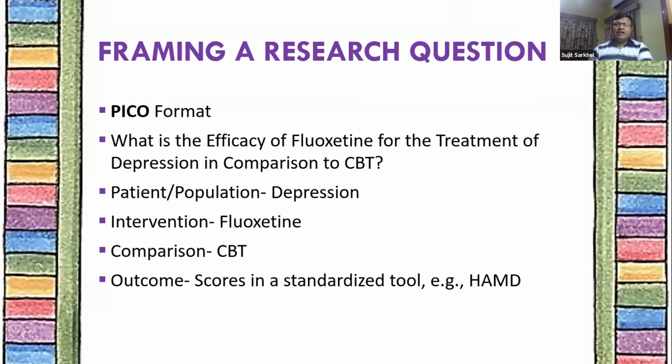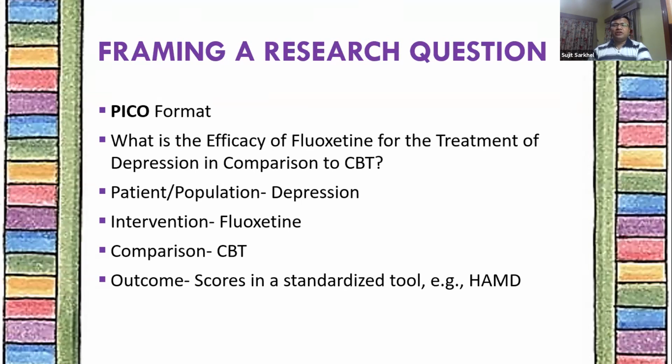So there are many ways of framing a research question, but if you look up standard literature, the commonest or most popular format is known as the PICO format. P is basically for patient or population. I is for the intervention, in case you are having an intervention. It may be there, it may not be there in your research question. Another is the comparison group. And finally, what is the outcome that you are searching?